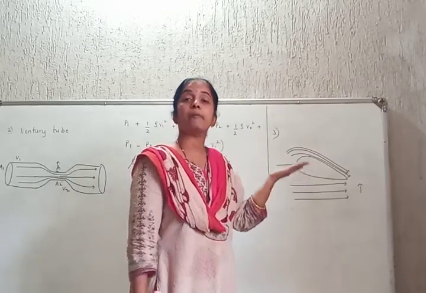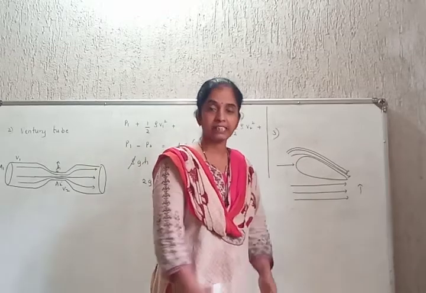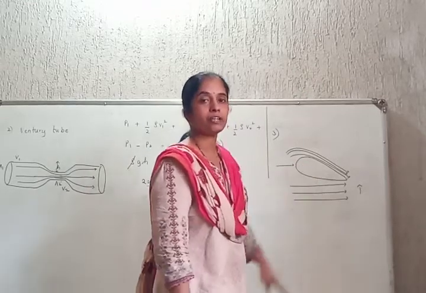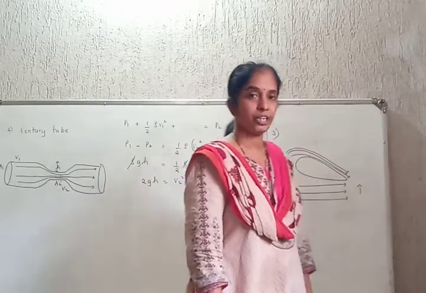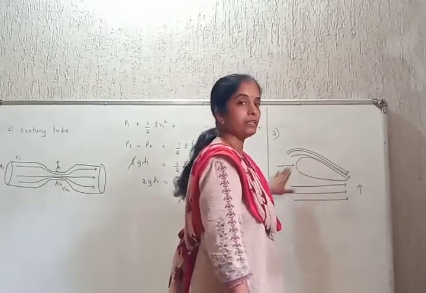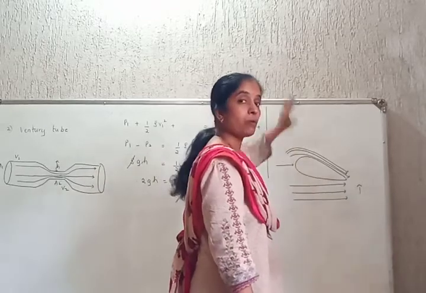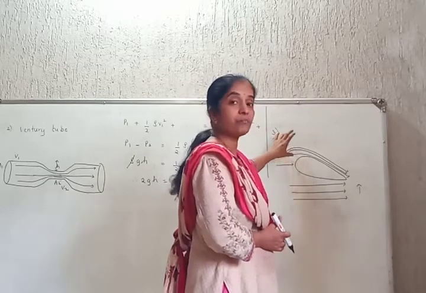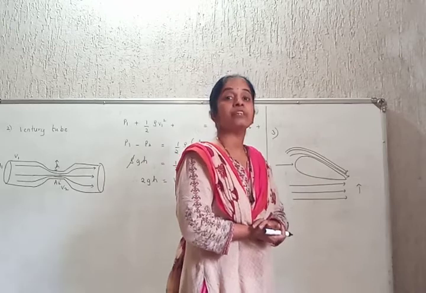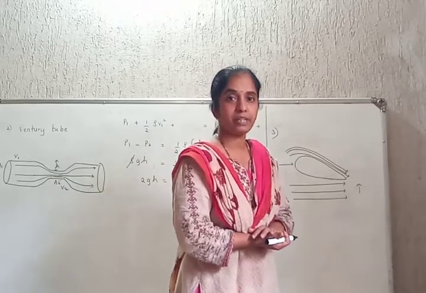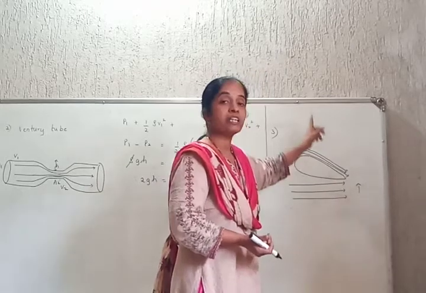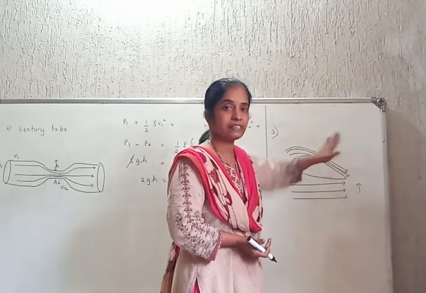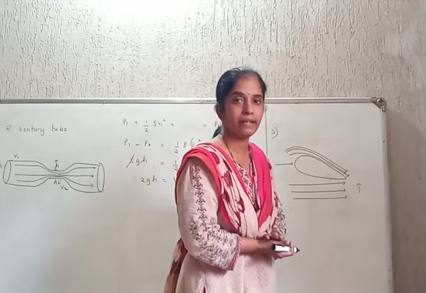Sometimes that aerodynamic lift becomes greater than the weight of the aeroplane, and that is how the aeroplane takes off. I'll repeat. The wings of the aeroplane have a typical shape which is called aerodynamic shape. When the wings are propelled through air, they cause the streamlines to get overcrowded on the upper surface of the wings more than the lower surface. Since the streamlines are overcrowded on the upper surface, the speed of air is very high on the upper surface. The more the speed, the lesser the pressure. Pressure on the upper surface of the wings is less, hence the pressure at the lower surface of the wings is very high. This pressure